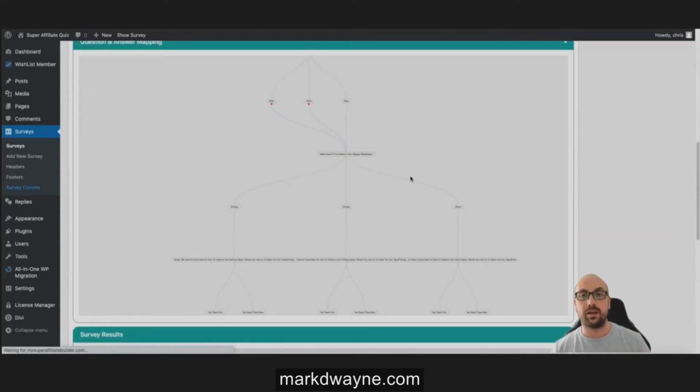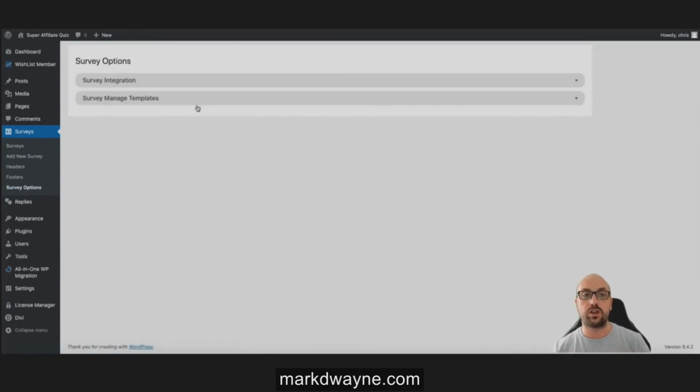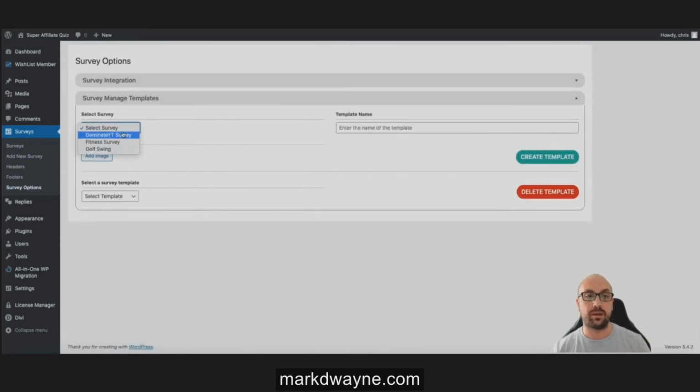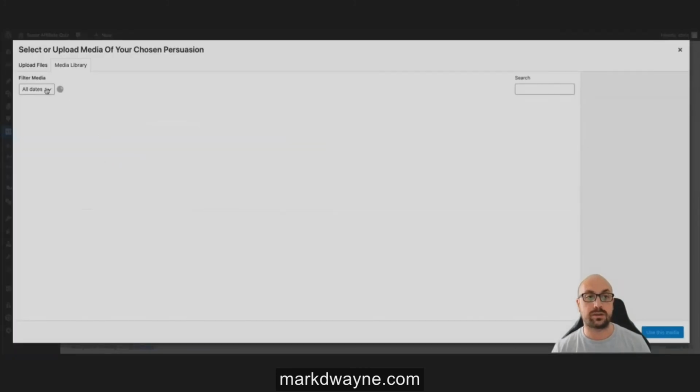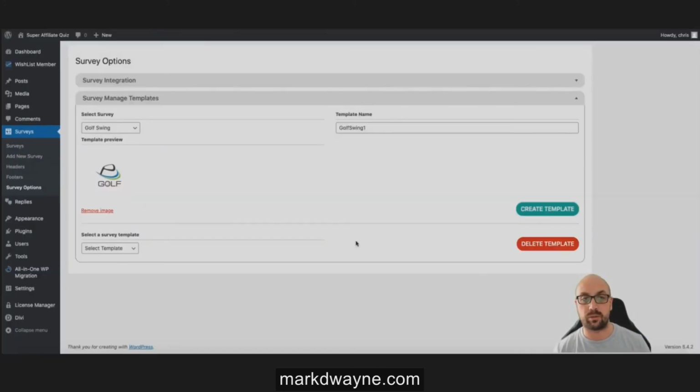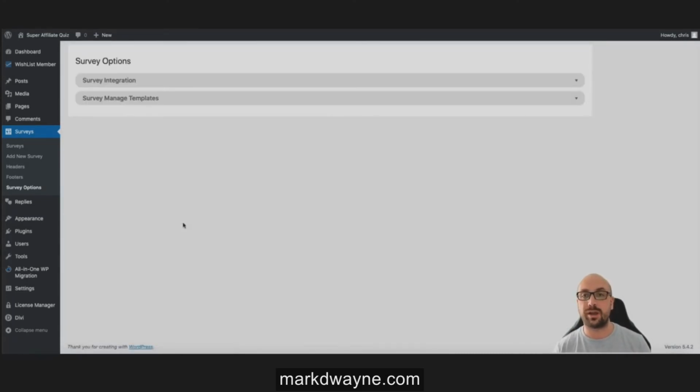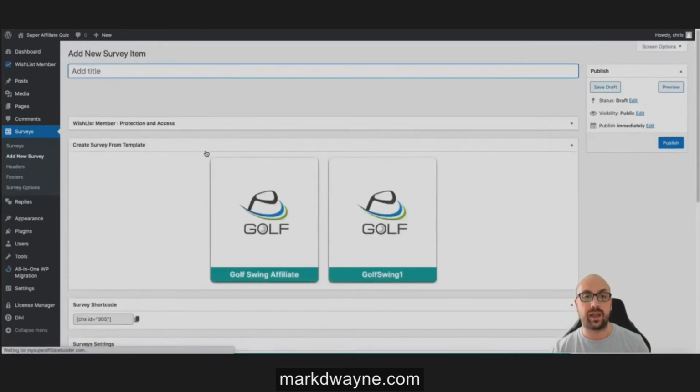Not only that, you have the ability where you can just go and save a template. So let's say I like this, so I'm going to save this as Golf Swing 1, and then I'll just add an image just for my own reference. We'll use this one, and I'll select I want to use this, the affiliate, create template, and now I've got a template. So if I want to go and build out another survey with a similar style, a similar flow, I'm able to do that super easy. I just click on add new survey, and then you'll see create survey from template. I just click on it,